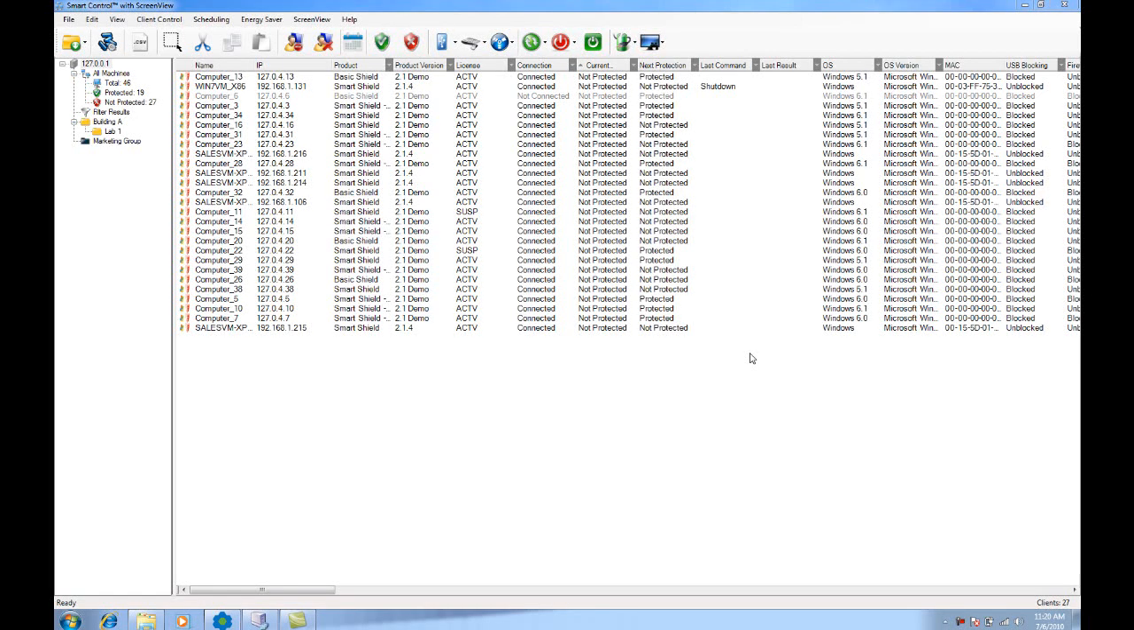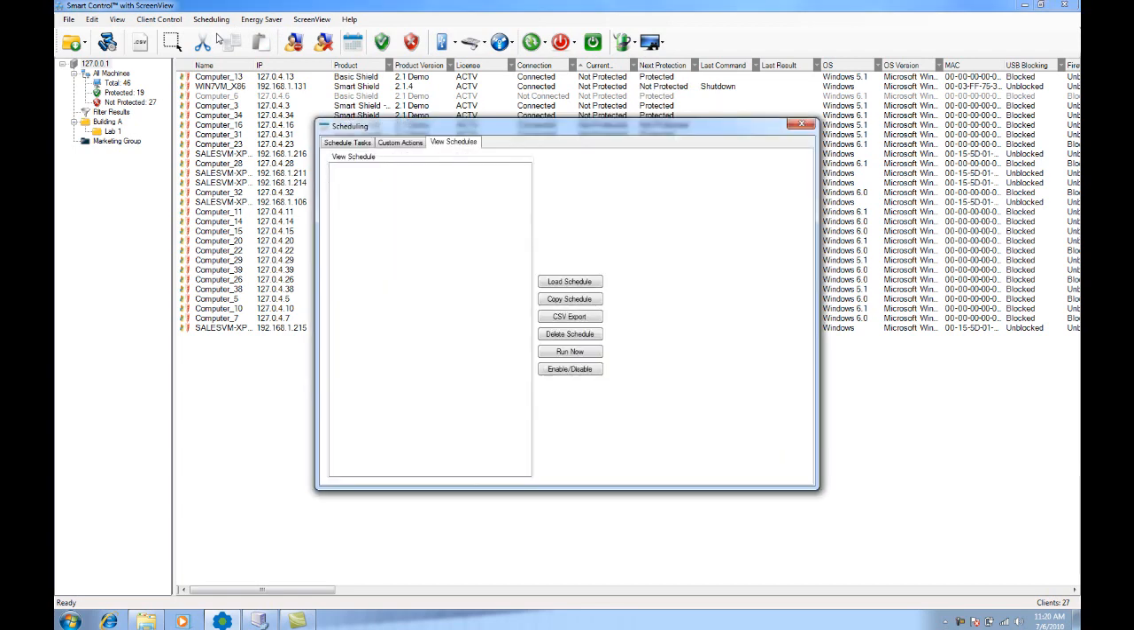In this session, we are going to focus on Centurion Technologies Smart Control Resource Manager, and particularly in this case, we're going to focus on scheduling. So I'm going to go ahead and hit the Schedule drop down, choose Scheduling,